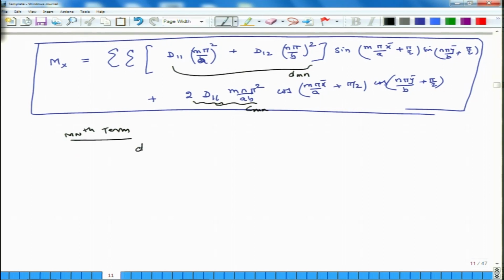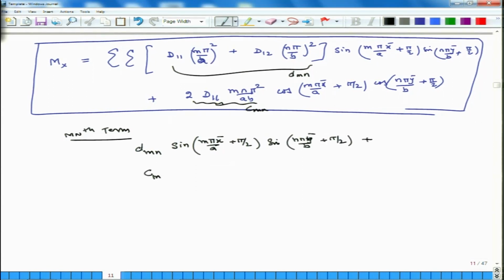We will have dmn sine of (m pi x bar over a plus pi over 2) sine of (n pi y bar over b plus pi over 2)